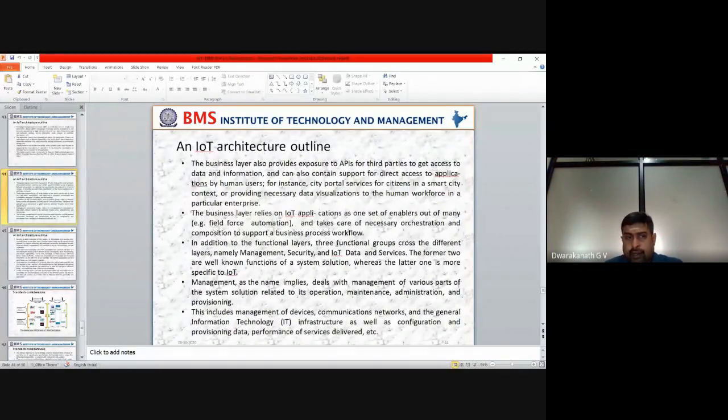The management at different stages of your project is very important. At the operation level, how you are going to handle the particular data, and in maintenance, how you have to maintain that particular project. And administration, how you can administer that project, and provisioning, what provisioning you can give to a user. All these management policies should be adopted, you should work on those principles, and you should adhere to them.